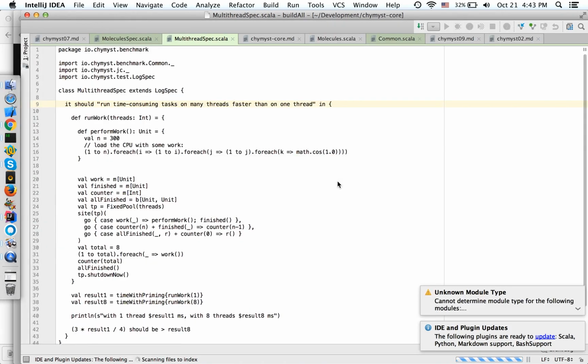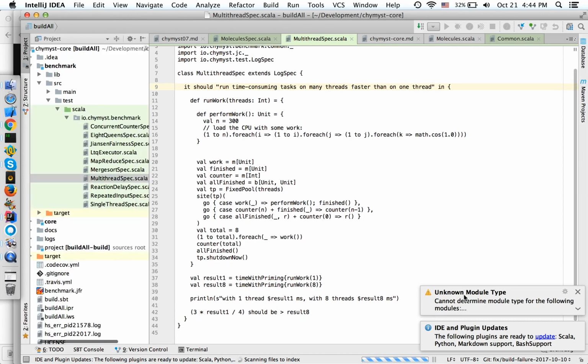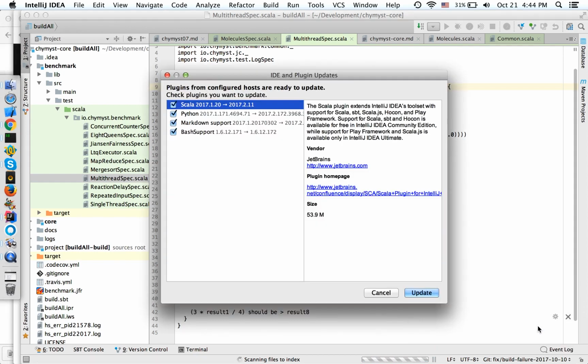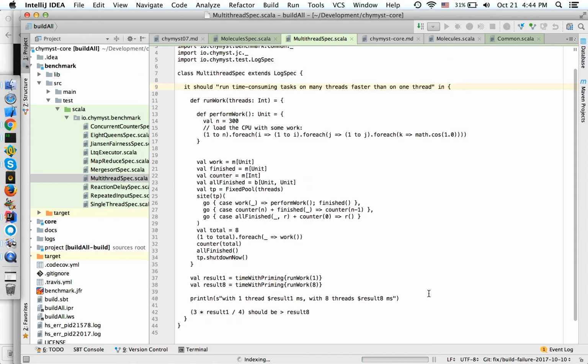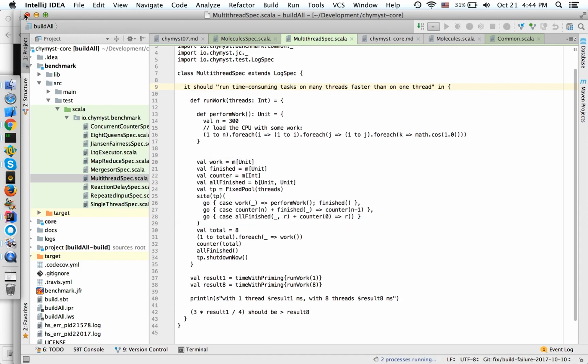So, as you see, it has opened my project that I was previously using. It says plugin updates are available. So I need to update all that: Scala, Python, Markdown support, and so on. So I update that. And while it's going on, let me actually close this project and show you